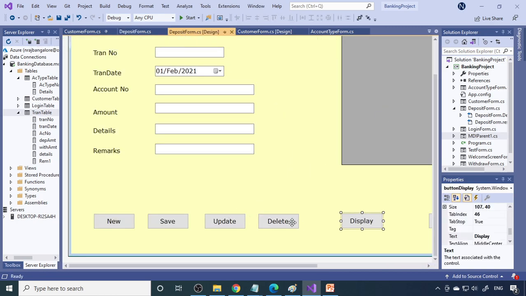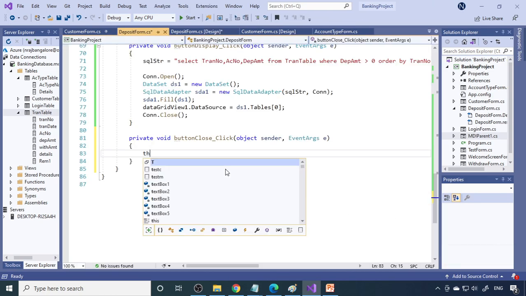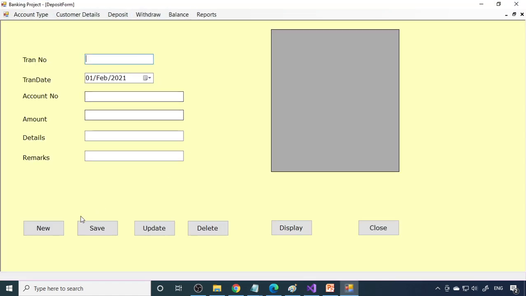Okay, so this modify and delete I'll not do, so you have to try. So you try yourself, and then I'll go to the close button now. So this dot close. Okay, done now. So let's run this. So deposit. So click new.